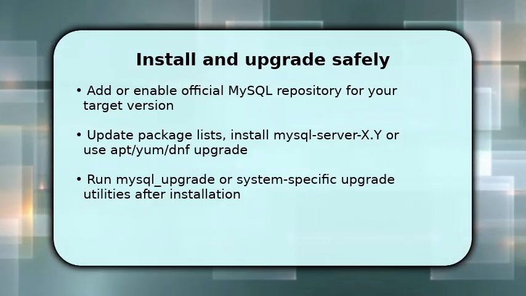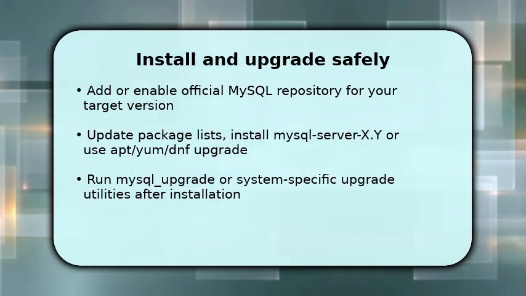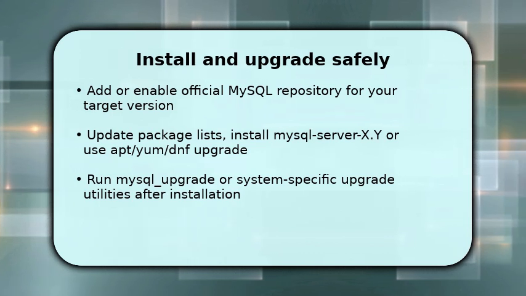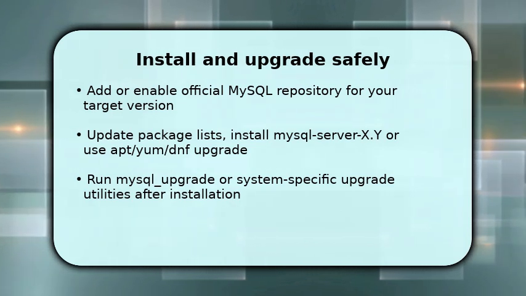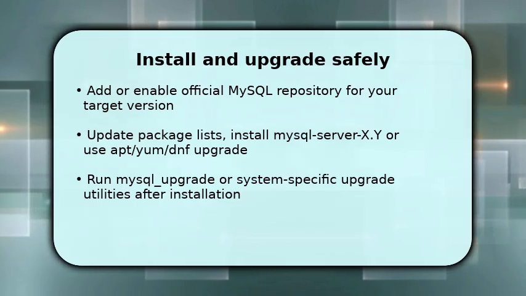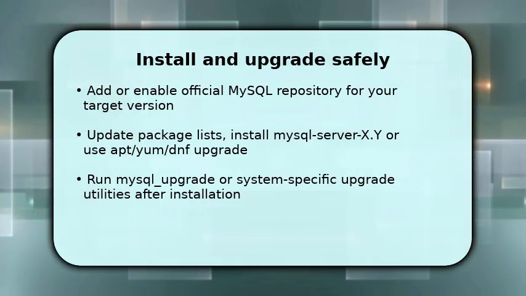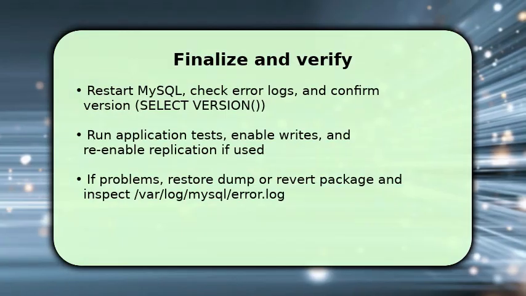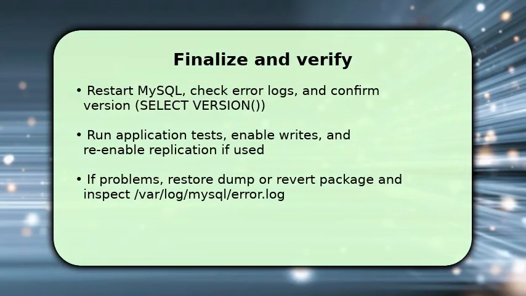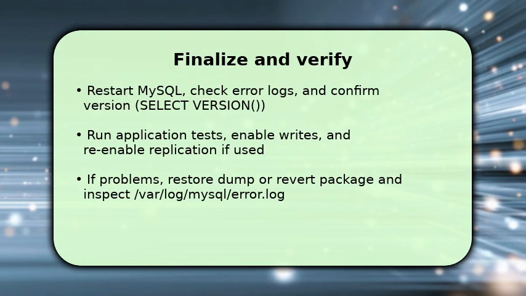After the binaries are in place, run mysql_upgrade or the packaged upgrade tool to adjust system tables and grant tables. This migrates internal schemas so the server operates correctly. Finish by restarting the MySQL service and confirming the running version with SELECT VERSION();